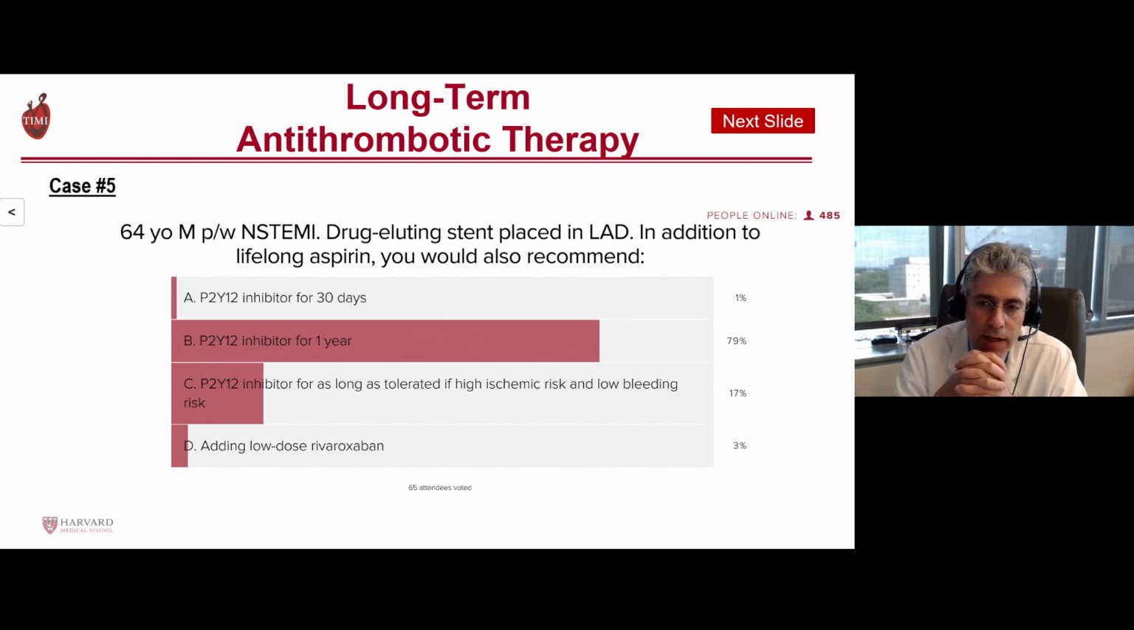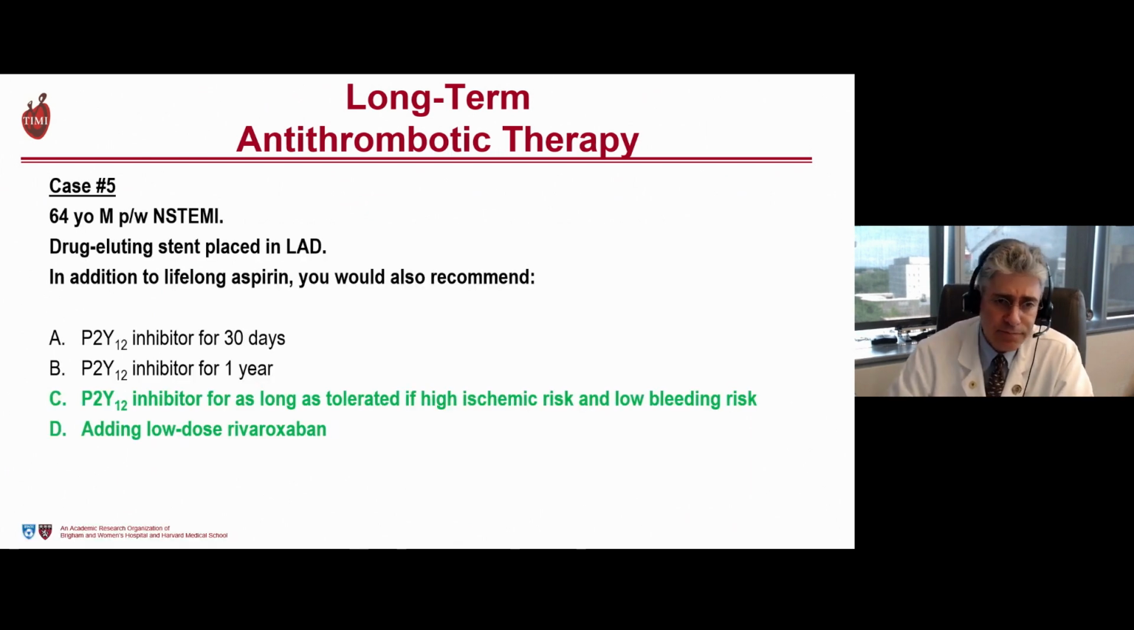All right, I would say there's a strong majority giving P2Y12 inhibitor for 1 year. About a sixth of people would also give it for longer or so, and then a smattering for other votes. Okay. And so I'd say that the data really support, in this case, either P2Y12 inhibitor for as long as tolerated, if at high ischemic risk and low bleeding risk, or adding low-dose rivaroxaban. But the data are very complex, and certainly probably what's most commonly done is what people voted for, B, for 1 year. But let me share some data for why we might want to consider giving more aggressive antithrombotic therapy